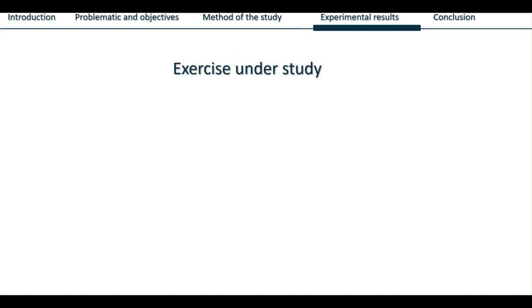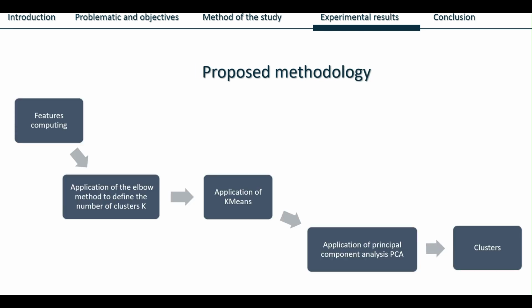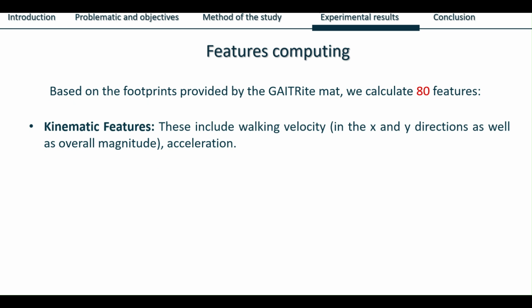Now, the experimental results. First of all, the exercise under study is to walk on the GaitRite mat, starting the step before stepping onto the mat to ensure the right foot pressure when collecting footprints. And the proposed methodology is starting by features computing. Based on the footprints provided by the GaitRite mats, we calculate 80 features, such as kinematic features, which include walking velocity and acceleration,